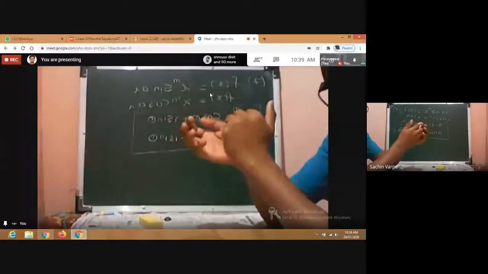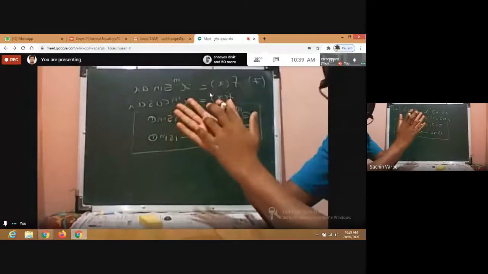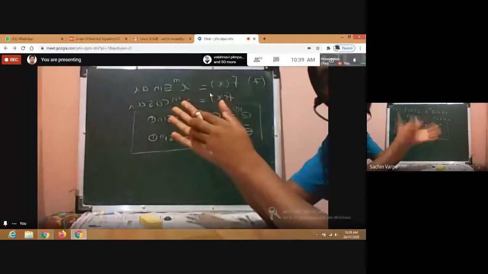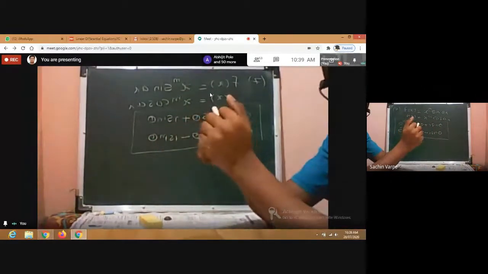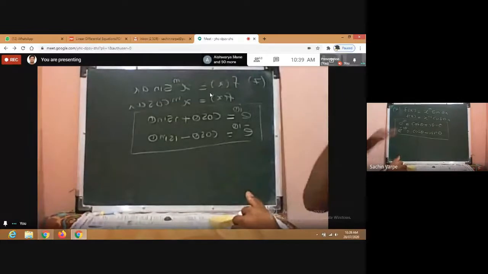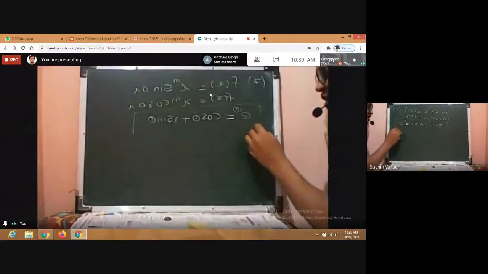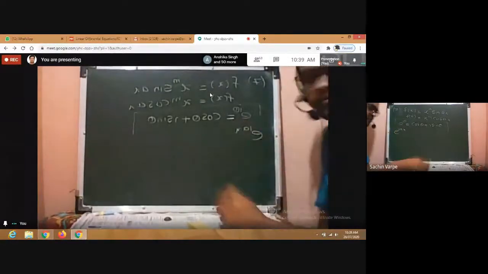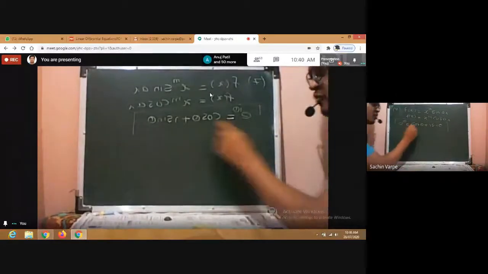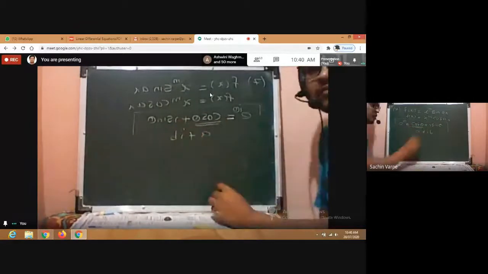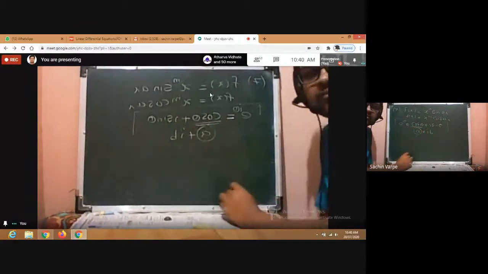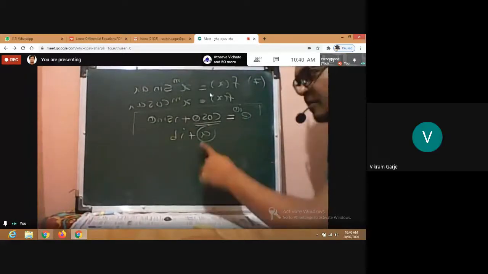Just like 2 plus 3i, it is not a real number. But 2 is real as well as complex also, because it can be expressed in terms of a plus ib. 2 को कैसे लिखूंगा मैं? 2 plus 0i, isn't it? Where 0 is the imaginary part. So okay, so here I can write e raised to i theta is this. So let me write for e raised to i ax. First of all, what is cos theta here? This complex number is of the form a plus ib. So what is a को क्या बोलते हैं हम? a is the real part and b is the imaginary part, right?